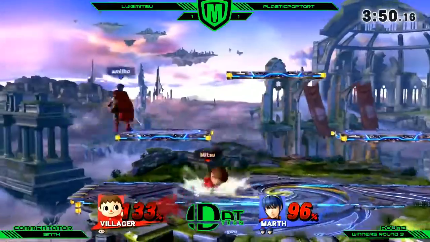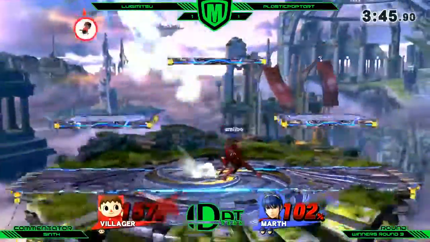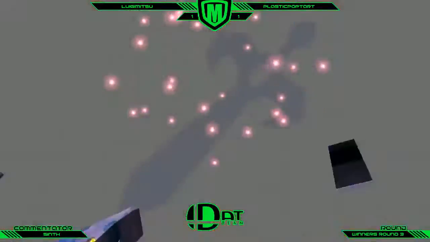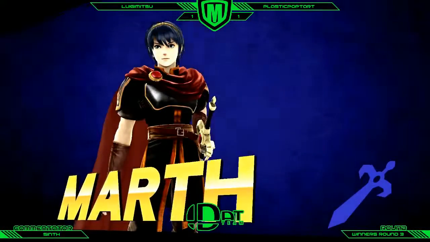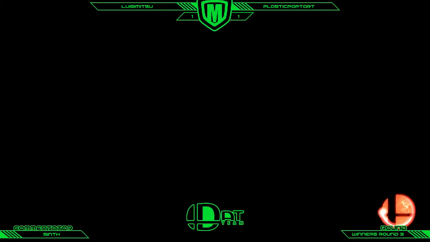Right, now this would be a very close game if both players were on the same stock, but unfortunately for Mitsu, this is a stock difference, and a jab into F smash rips into the flesh of Villager. Villager is out. That was, I believe, winner's side, winner's round 3. So Mitsu's still in this, but Poptart